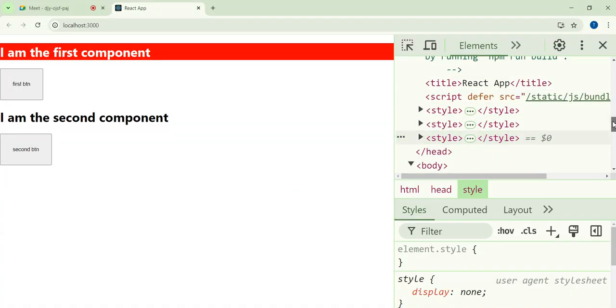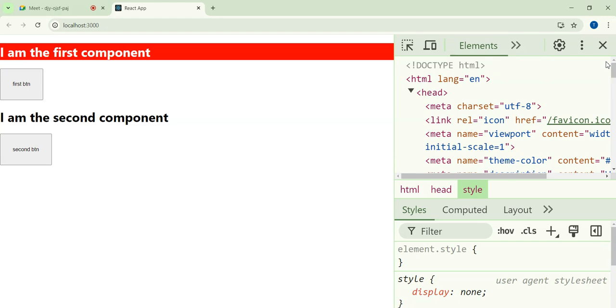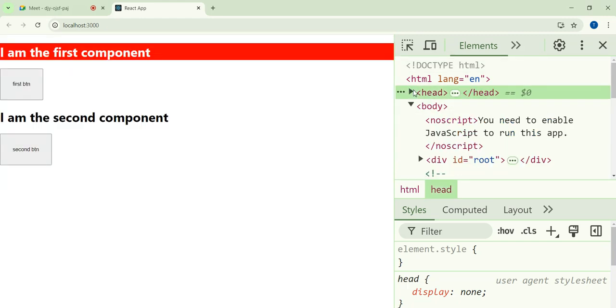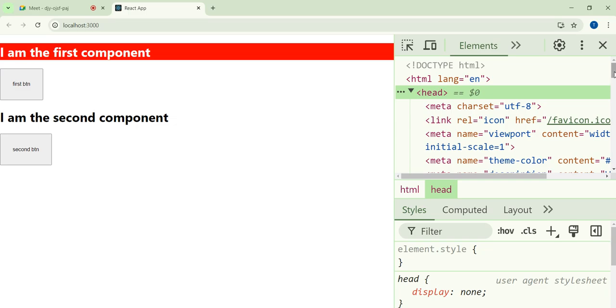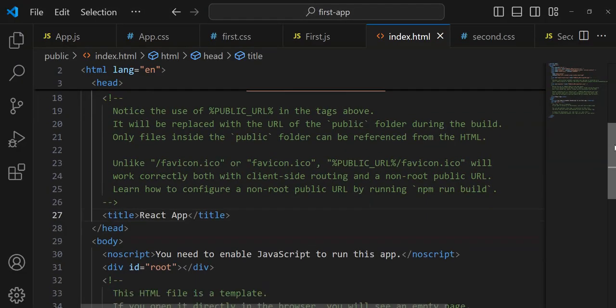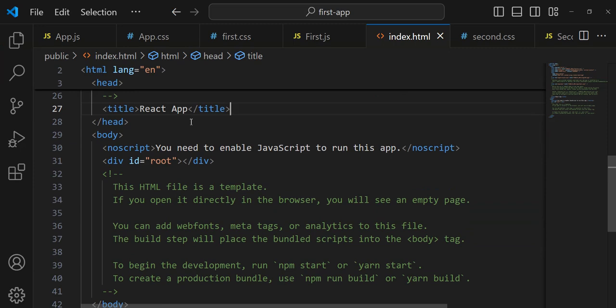You can see this tag on the header, on the head tag. Do you understand? So it's going to add it here, and whatever you had here becomes available to any component on the page. Do you get it? Once it adds it to this place, it becomes available to